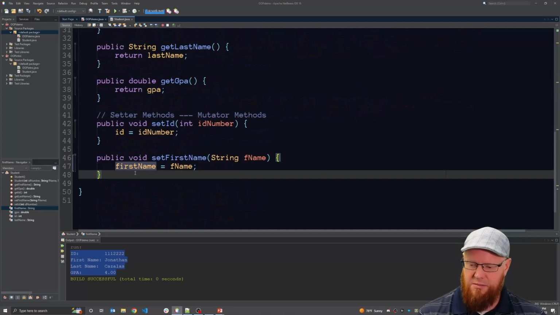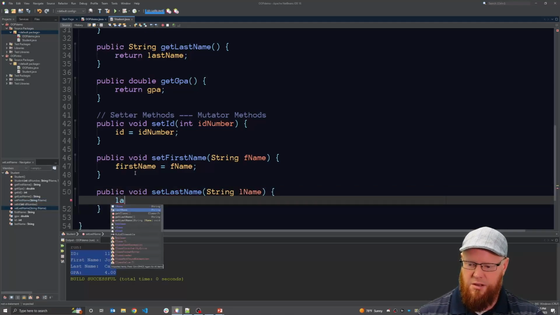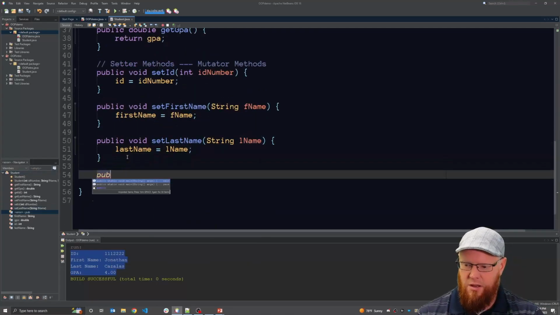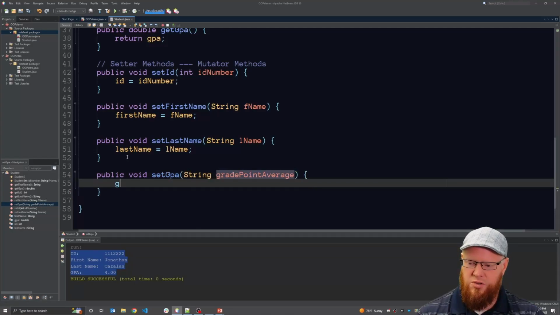And I'm going to do the same thing for last name. Public void setLastName, String lname, and I'm going to take the lname parameter and save it into lastName. And then finally, public void setGPA, string gradePointAverage, and I'm going to save that grade point average